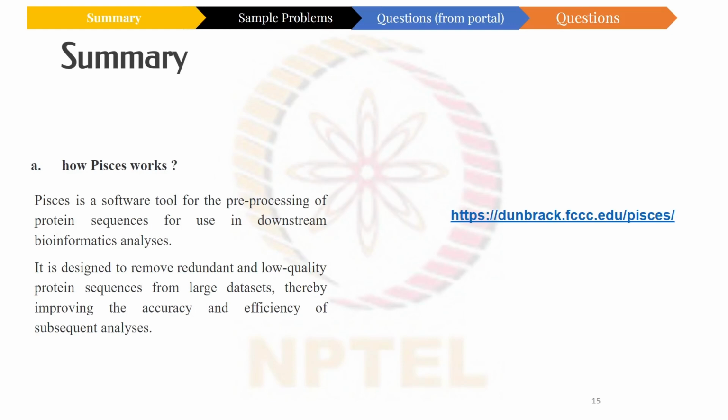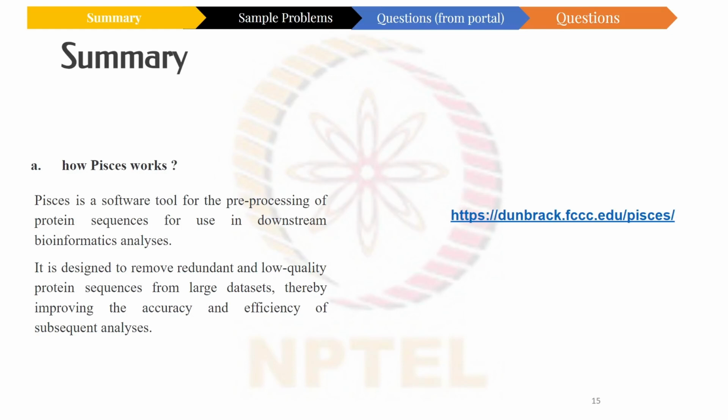The resulting dataset is then clustered using a hierarchical clustering algorithm. Previously, CD-HIT used a greedy search algorithm. Here, it uses a hierarchical clustering algorithm which groups similar sequences together based on pairwise sequence identity. The clustered dataset is then used to generate a non-redundant reference dataset which contains a representative set of sequences for each cluster. This reference dataset can be used for a variety of applications such as sequence database searching, homology modeling,